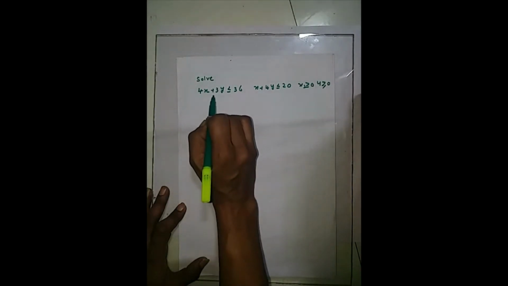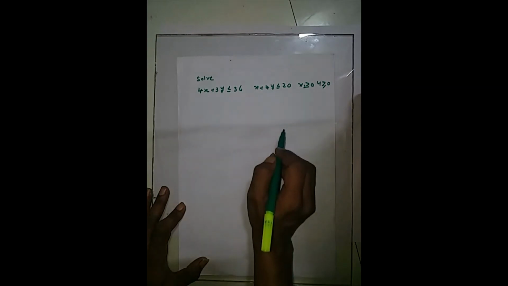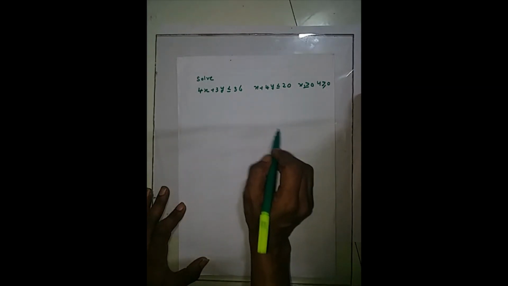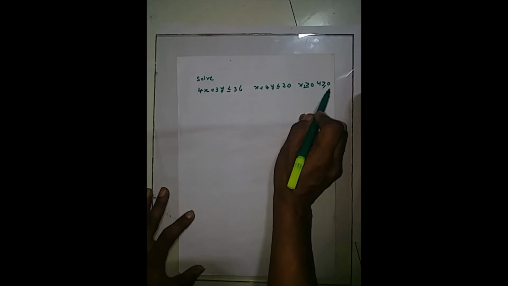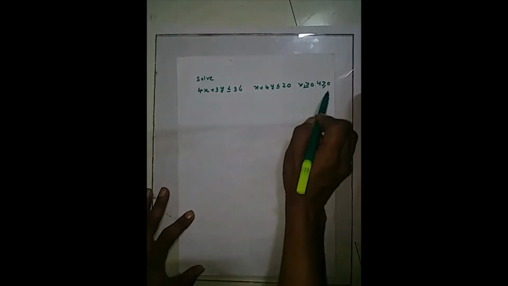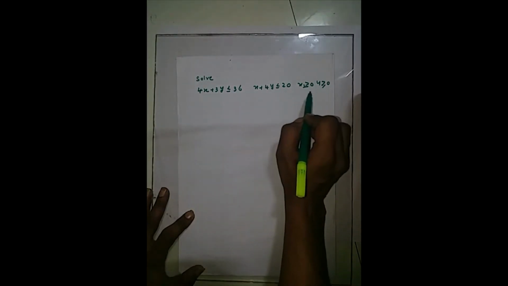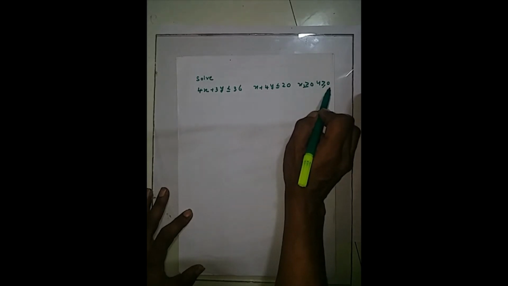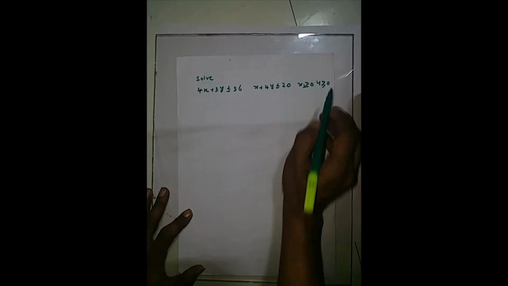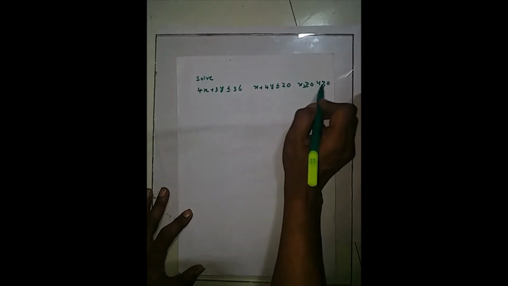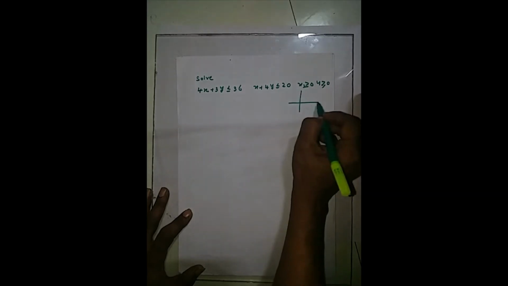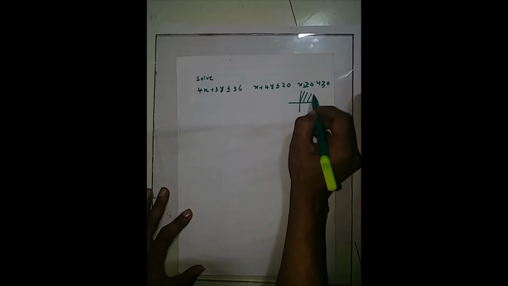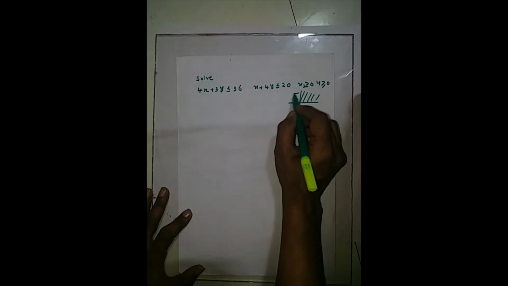Solve the inequalities. That is, 4 inequalities are given. We have to find the common region of all these inequalities. Among the 4, x greater than or equal to 0 and y greater than or equal to 0 mean our answer will be only in the first quadrant. X is positive, y is positive. So our answer will be only in the first quadrant. No need of shading the other quadrants.